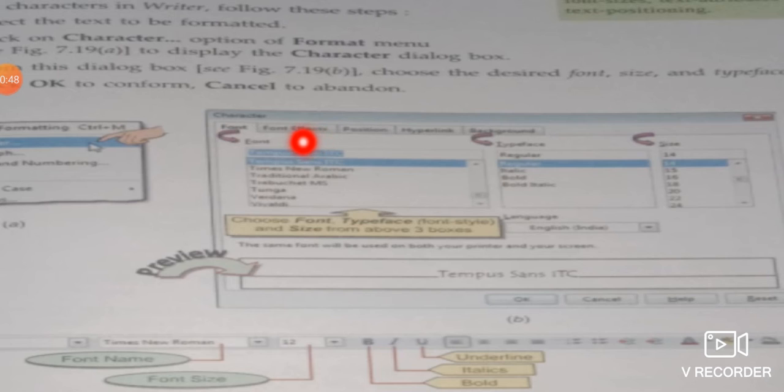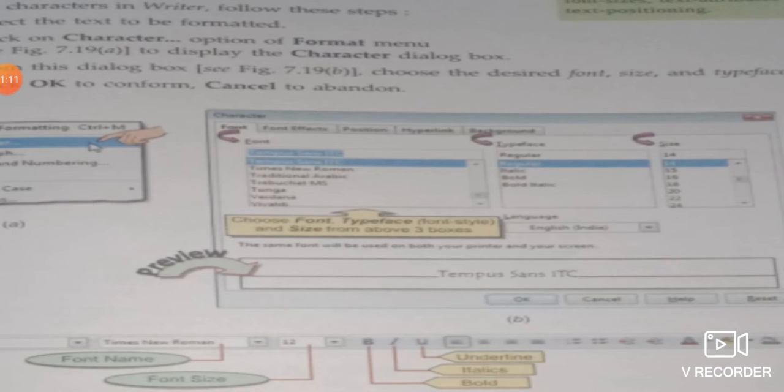You can apply many effects, like blink effect, you can apply on the text. You can change the background of the text. Okay, so from this dialog box you can choose any format that you want. And you can make your text bold, italic, underline also. There are many shortcut keys that you should also remember.